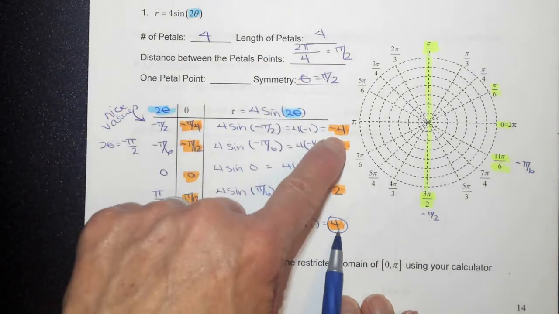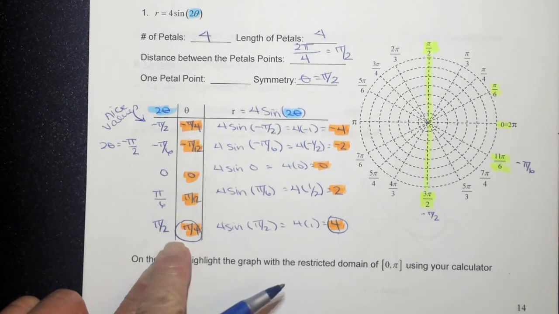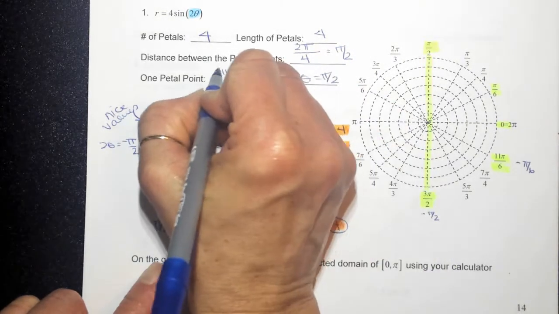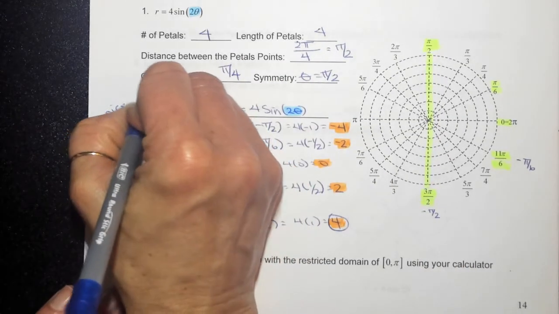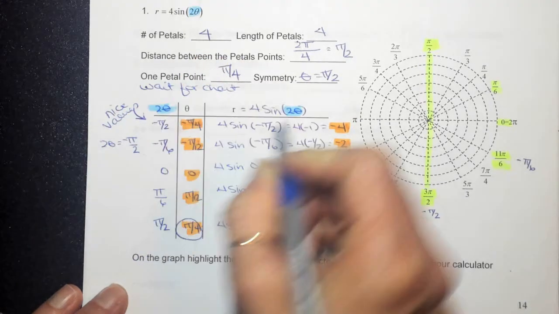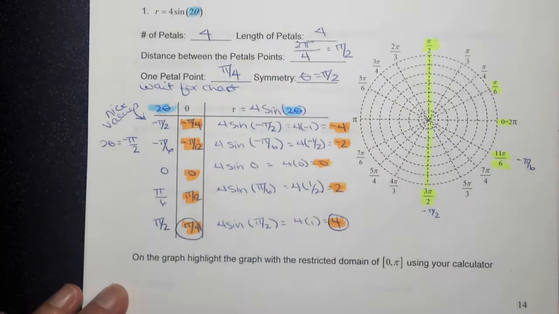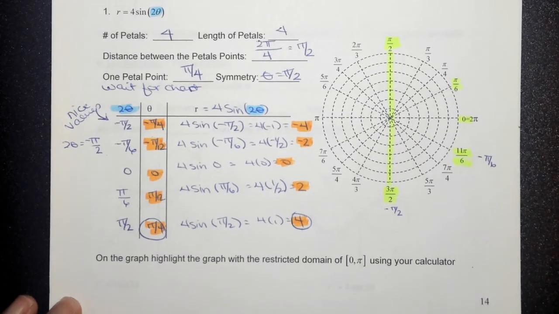This is not the length. Negative is not the length. Positive 4. So this is my petal point. So I put pi over 4 here. So we had to wait until we made the chart so we could determine that's an R. All right, so let's plot our points on the graph, and then we'll do this last part using the